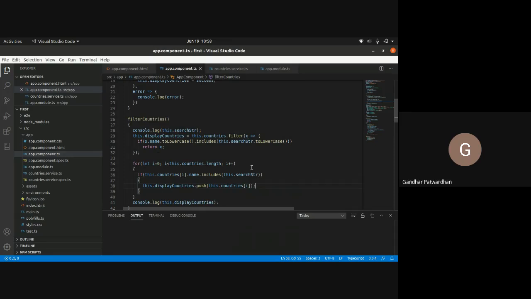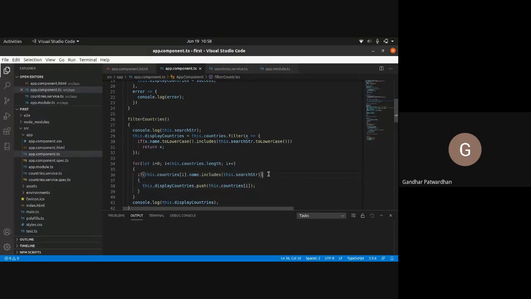This is what it does. So what it is going to do is check if this countries array has an element whose name property has this search string, then it will fill this displayCountries array with the corresponding country, whichever matches this condition.